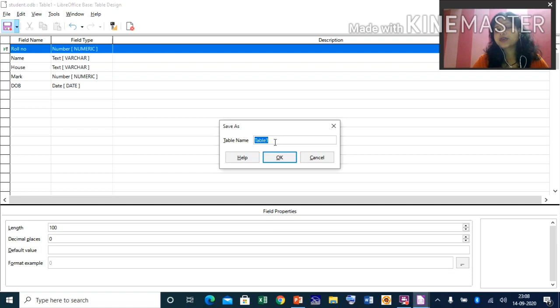It will ask you for the table name. Suppose I give the table name as standard 8. Then click on the OK button.